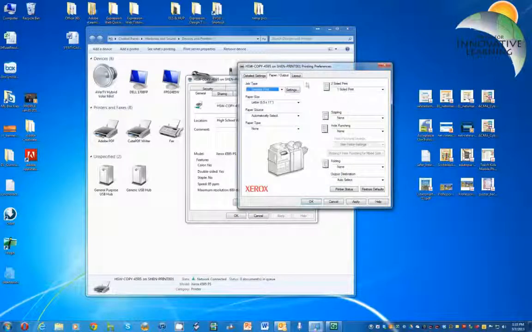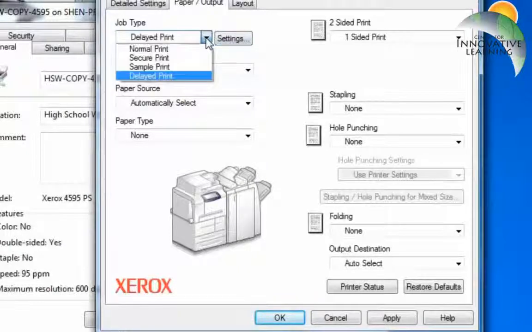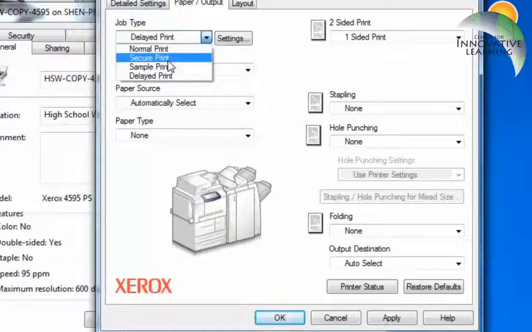Okay? How you manage your copier in your building in terms of people printing to it directly versus standing in line to make copies is really a building decision. But if you want to be polite, the best way to do it would be to choose secure print, send it to the machine, and then walk in, and when the machine's available, simply go to job status, stored documents, secure print, put your username and PIN in, and pick up the job and have it spit out of the machine. All right,